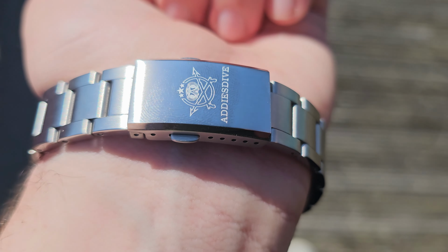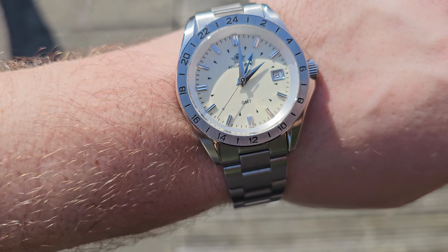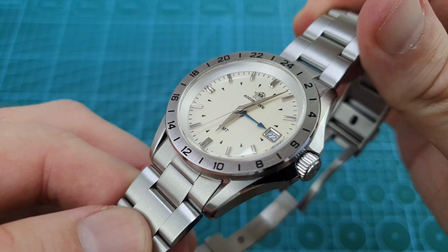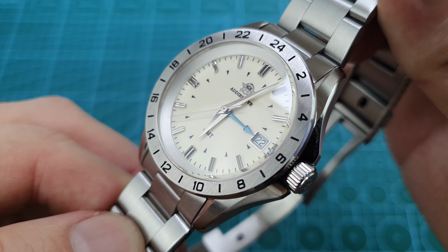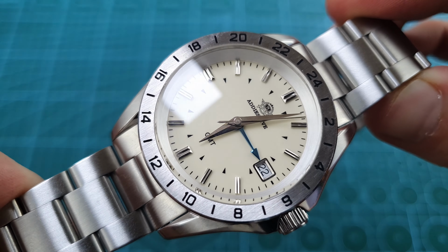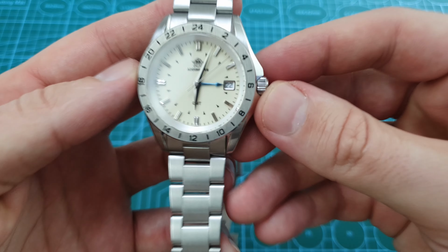So, it's got a lot of things going for it. For me, the main one is the presentation. I just really like this thing. Do you know which watch this is homaging? If you do, put it in the comments down below. It's a big Japanese watch brand that it's homaging. And what has ADDIESDIVE done differently to make it different to that watch? Because it has done something crucially different. And I'm giving you right now a massive clue. It's done something very different. But anyway,